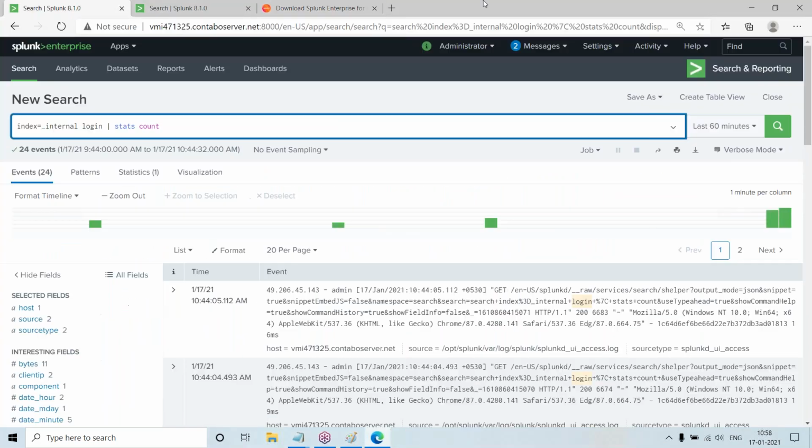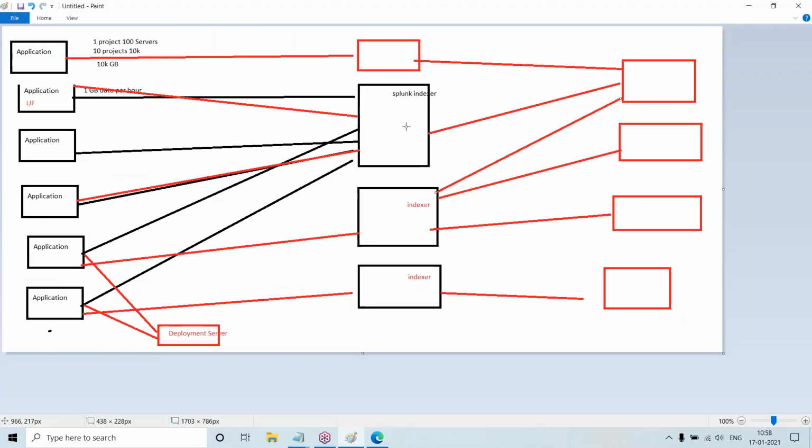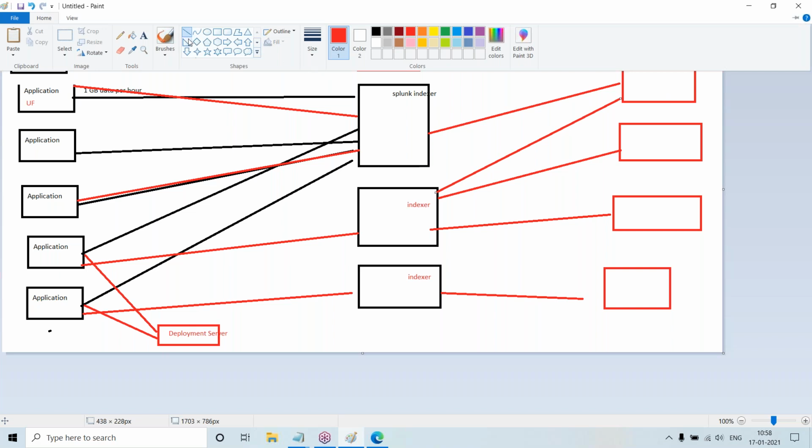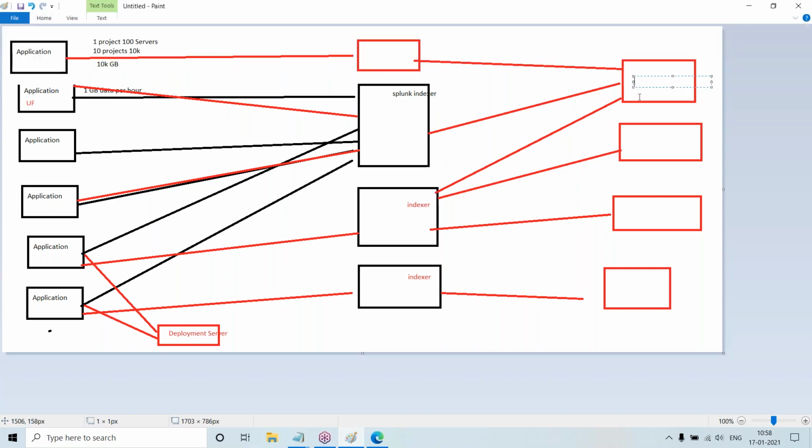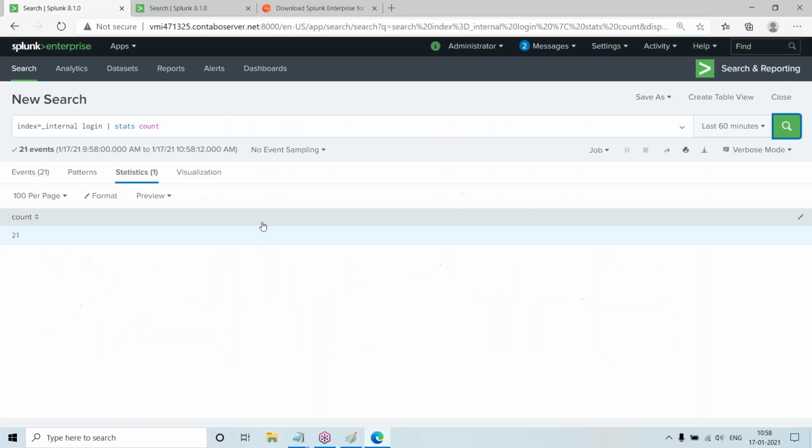If I give something like index=_internal and give a query, this will go to the indexer component, execute the query, extract the data and present it in the UI. You got it? It will execute the query and get the results from the indexer.